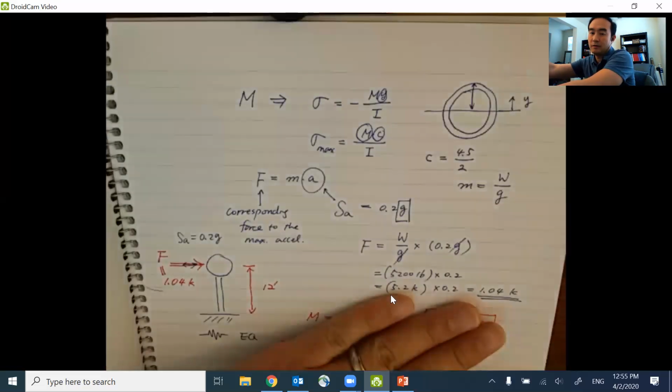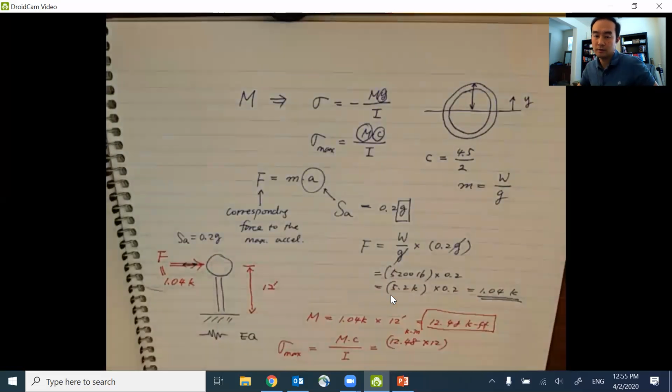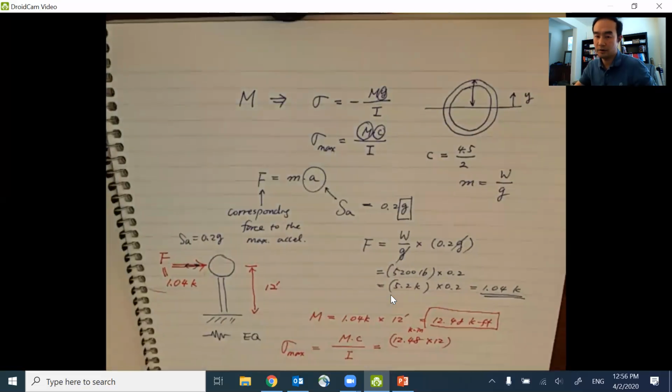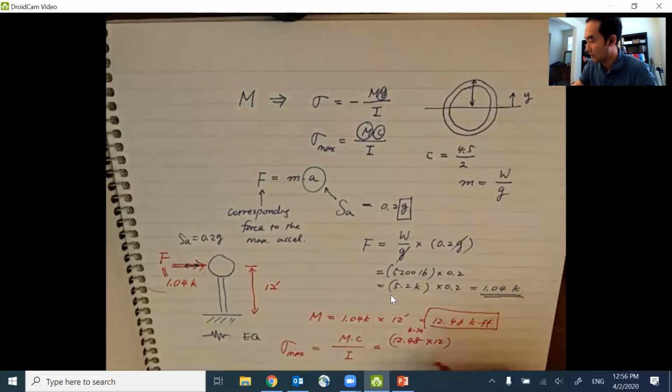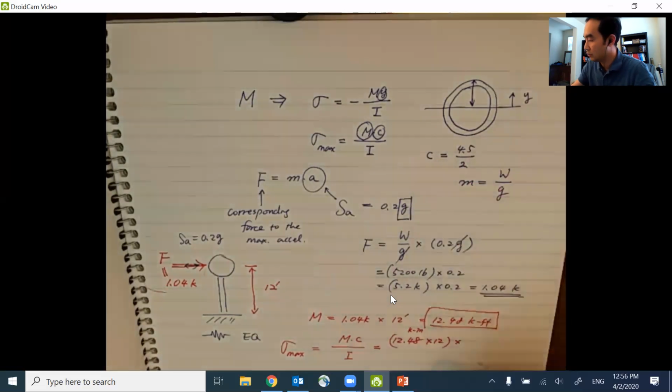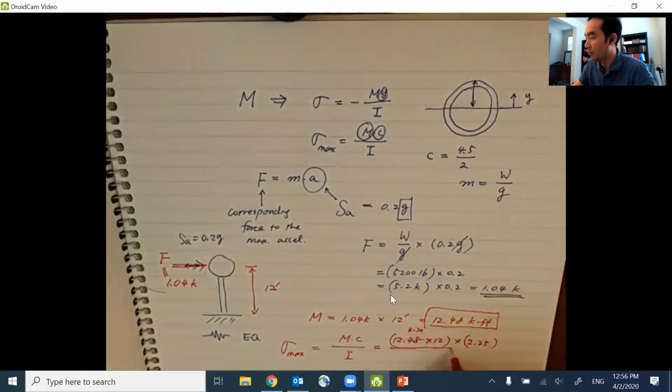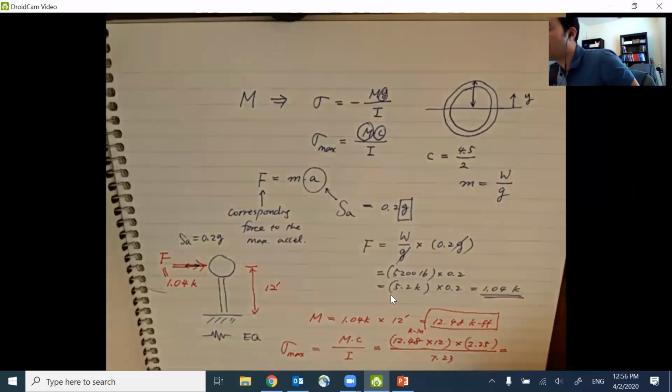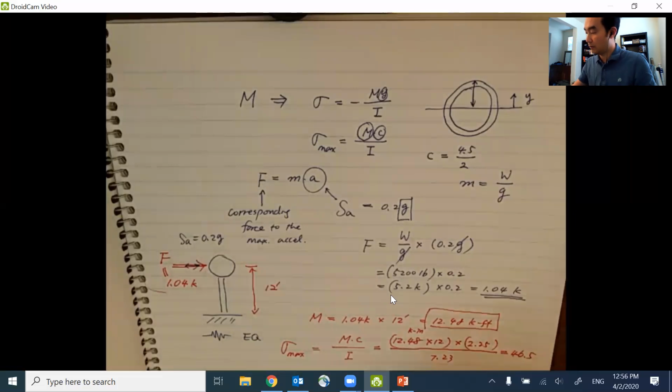Okay. So this is M times c, again, 4.5 inches divided by 2, so 2.25, divided by the moment of inertia. The moment of inertia was 7.23. Then I have 46.5. Everything is converted into kips and inches, so the unit is going to be ksi,